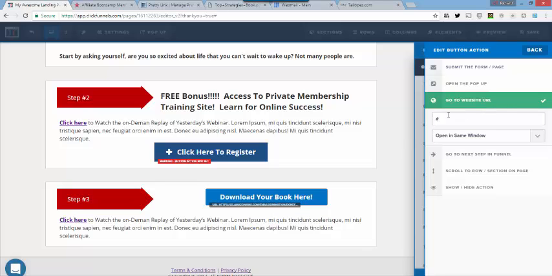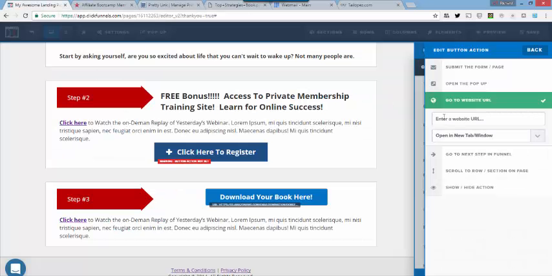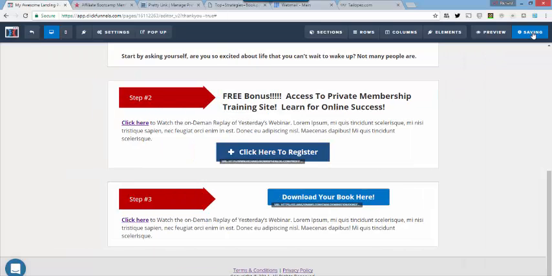So I am going to, again, send them to a website, and we're going to open in a new window, and I'm going to come up here again to my pretty link, and I'm going to come down here to my private membership area, grab my link for that, and I'm going to put it right in there. And again, you notice that it's still red. Hit the back arrow, it immediately turns black, meaning that this link is now associated here. And so we are going to then save that,